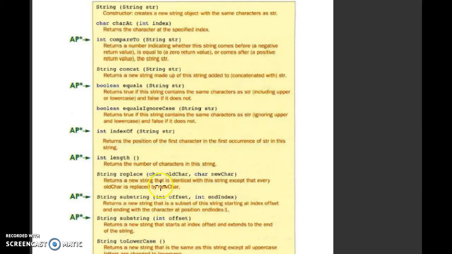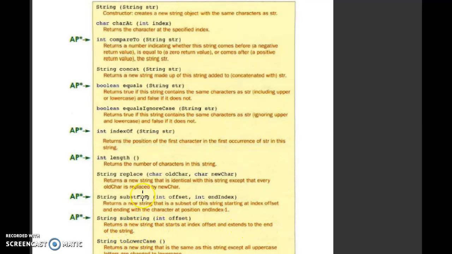And down here at the bottom, we can see the 2 substring methods. And so if we look at this description, it says returns a new string that is a subset of this string, starting at index offset and ending with the character at position end index -1. Okay, the other one just says returns a new string that starts at index offset and extends to the end